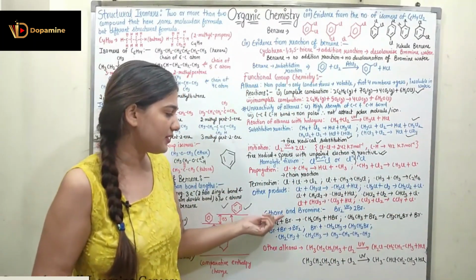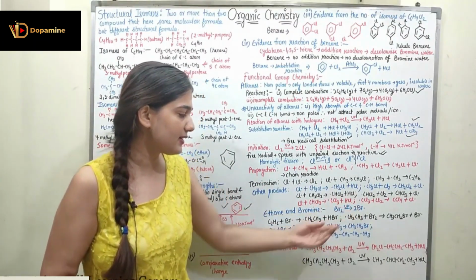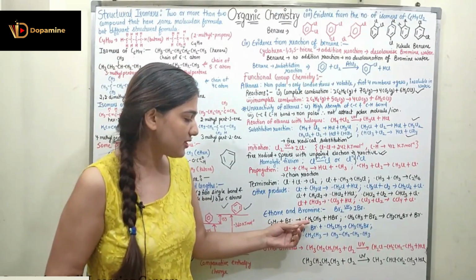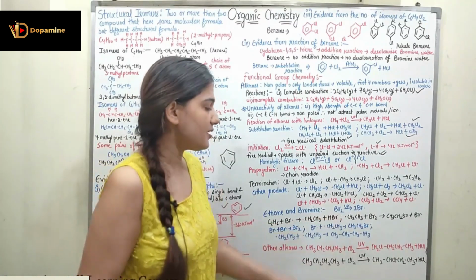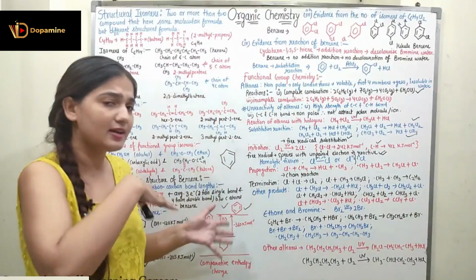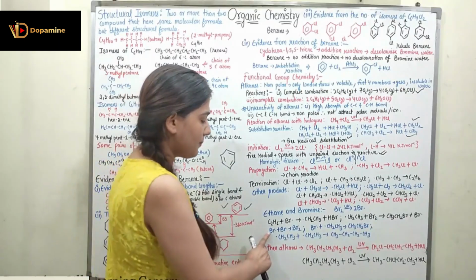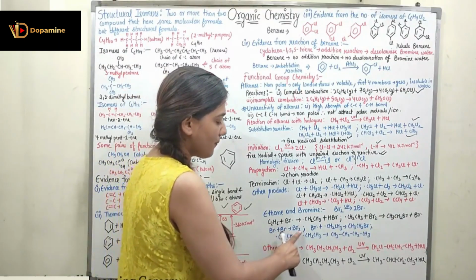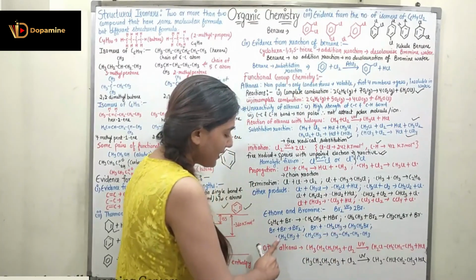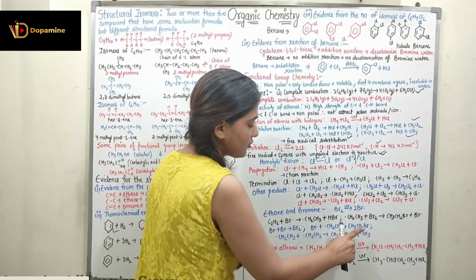We can have the reaction of ethane and bromine as well. Bromine, again under the influence of UV light, can form the bromine free radical. Now the bromine free radical can react with ethane, C2H6, and form CH2CH3 free radical plus HBr. This CH2CH3 free radical can react with Br2 to form CH3CH2Br plus Br free radical, which can again go in the chain reaction. Now coming to the termination reaction: Br free radical reacts with Br free radical to form Br2, Br free radical plus CH2CH3 free radical forms CH3CH2Br, and lastly CH2CH3 free radical reacts with CH2CH3 free radical to form CH3CH2CH2CH3.